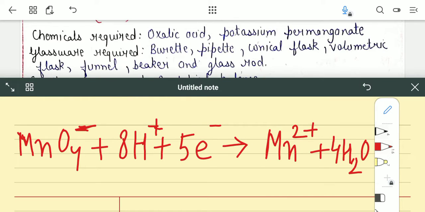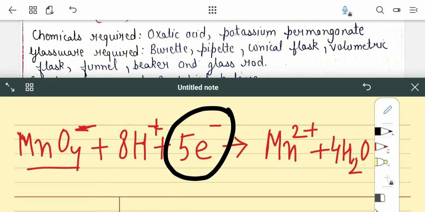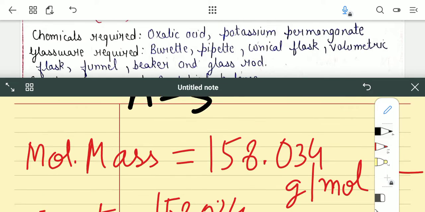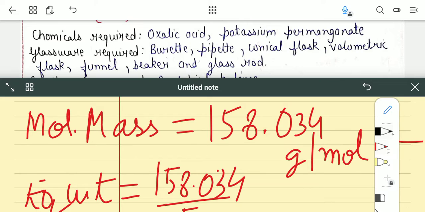So this is our permanganate ion. It is undergoing a redox reaction, and in this reaction 5 electrons are being involved. Okay, so this is the n factor of potassium permanganate. The n factor is 5. Okay, so I said that the molecular mass of potassium permanganate I have already calculated. It is